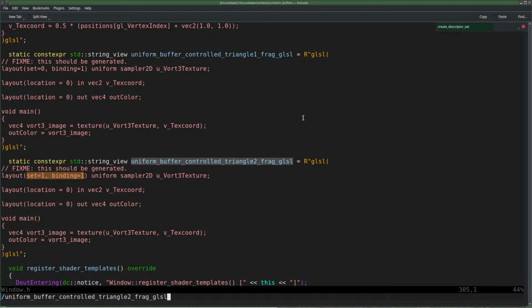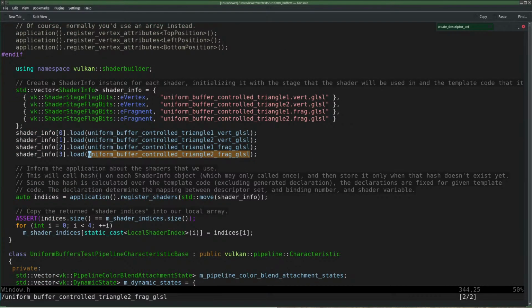Right, so that goes wrong. That is the last shader in shader info.